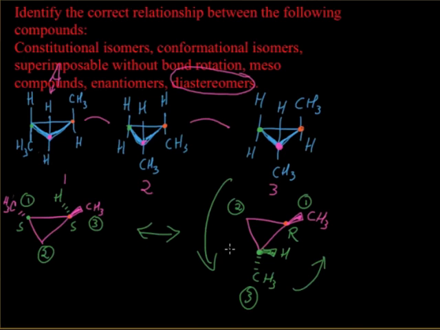So if we're looking from the other way, that will be clockwise, which is R. So this one's R. So just like we predicted, since the first one changed to R, we knew the second one was going to also change to R. Now, since these two are both S, these two are both R, that means they must be enantiomers of each other. Okay, so 1 and 3